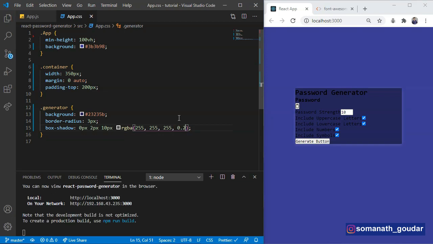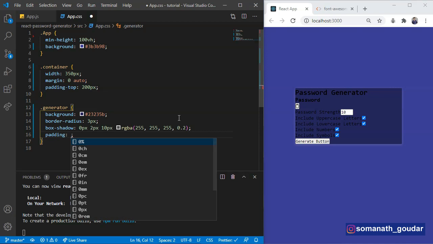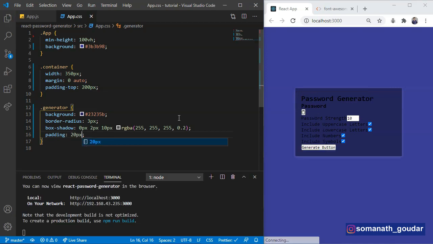This is going to give a light white color box shadow. Let's give it a padding for all the sides of 20 pixels.